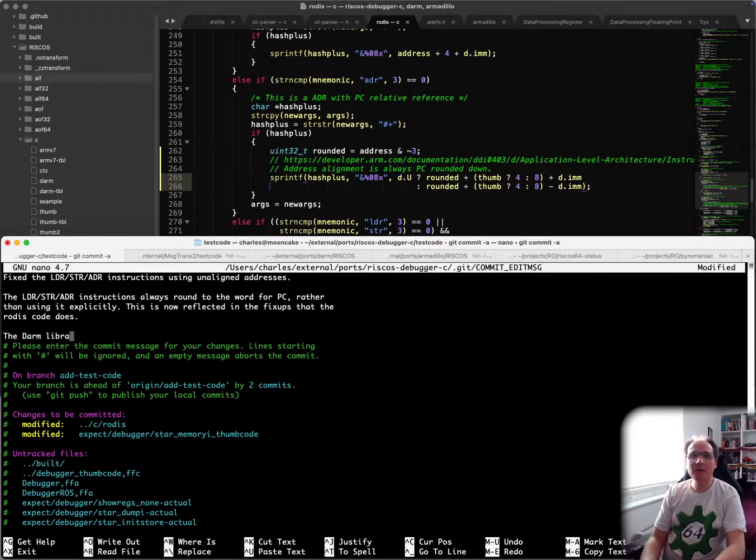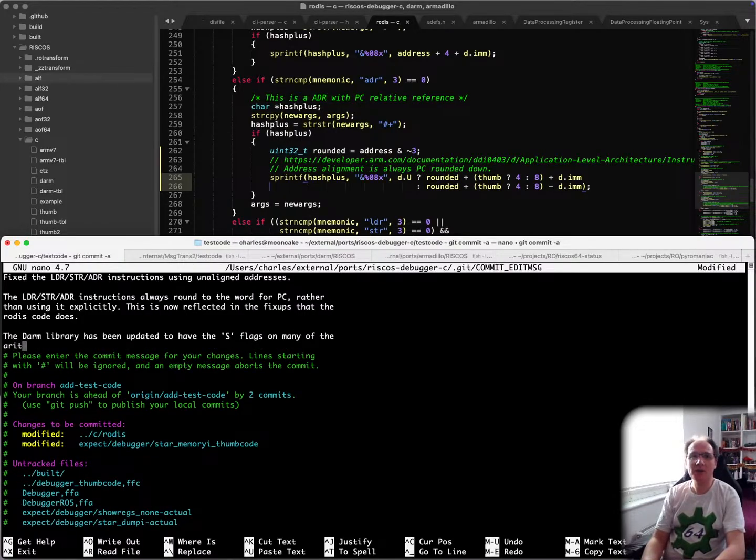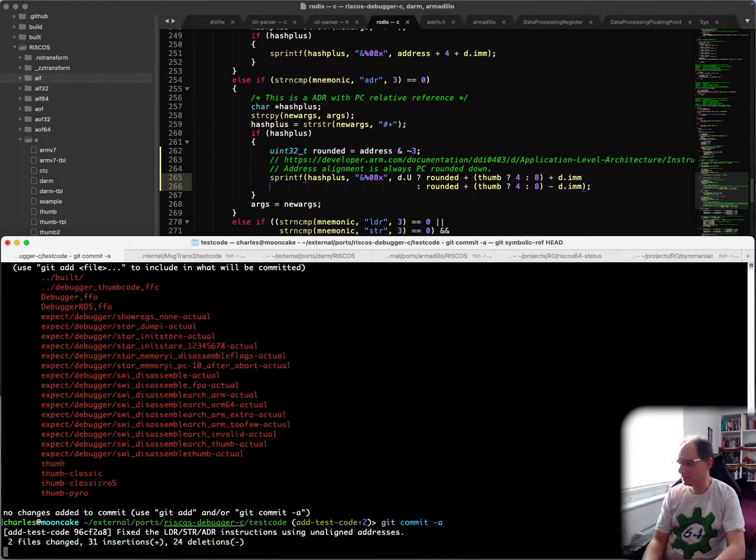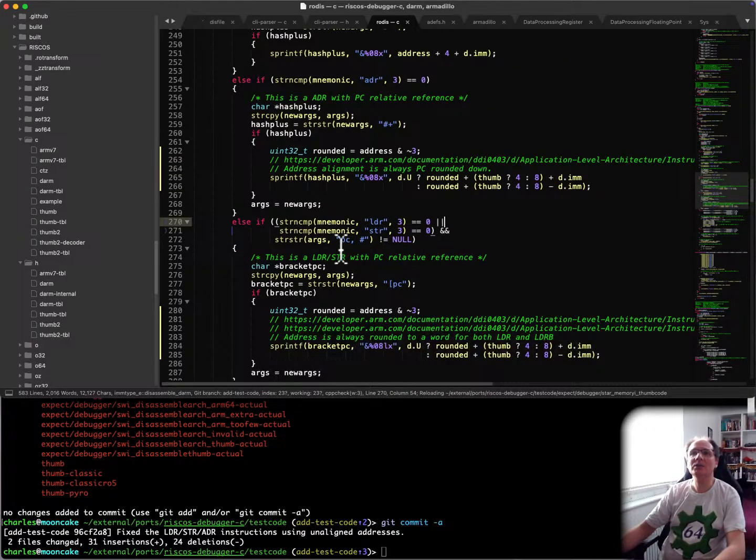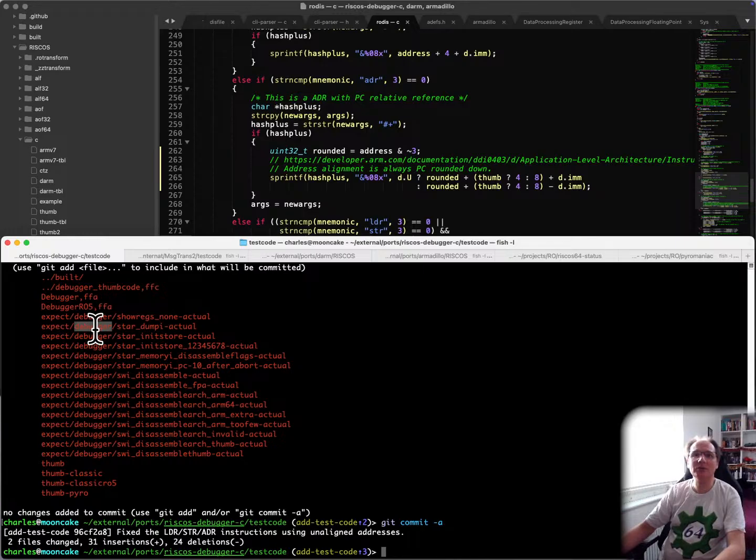The DARM library has been updated to have the S flags on many of the instructions rather than just a, I think. Full stop, that'll do. Okay. So that's completed that thing, and we now also need to just do this star dump I, because I